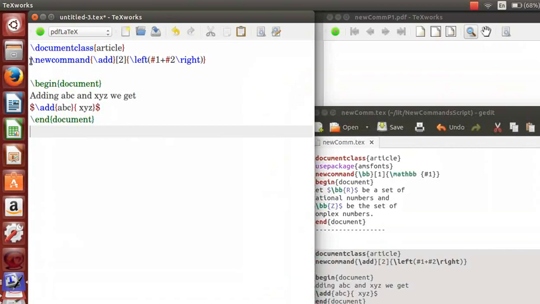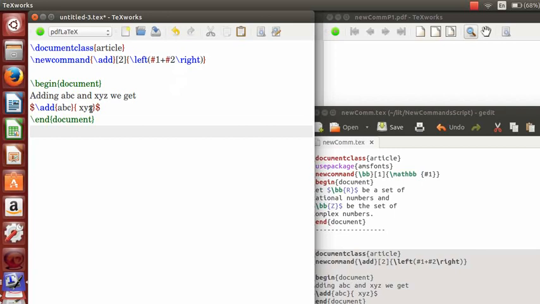Observe the line \newcommand{\add}[2]{\left(#1+#2\right)} in the document. This has been used as \add{abc}{xyz}.